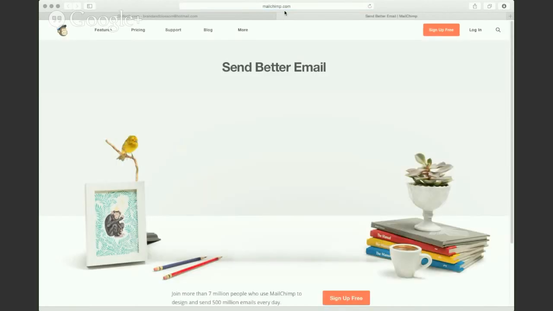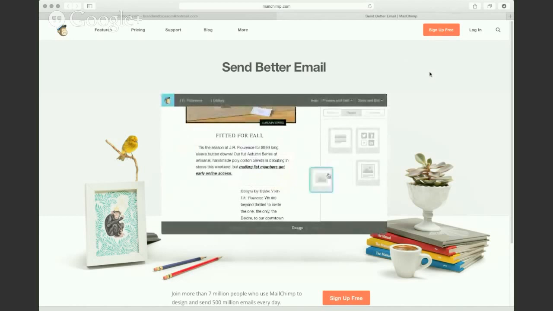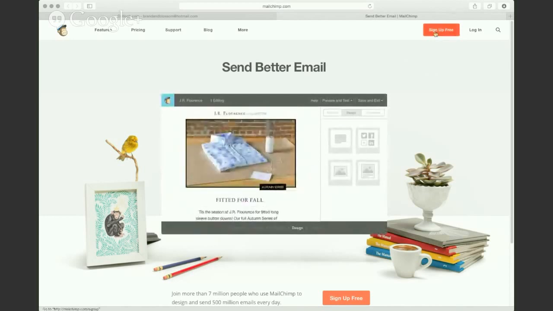All right, let me see if I can make this bigger. Here we go, MailChimp. Okay, so I'm going to go to sign up free. So this is my first time at MailChimp, and I am just going to sign up. So I click sign up,